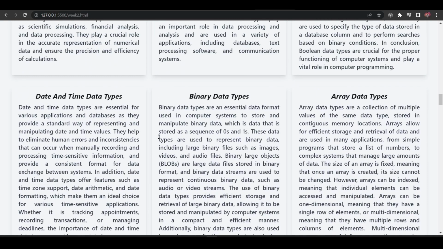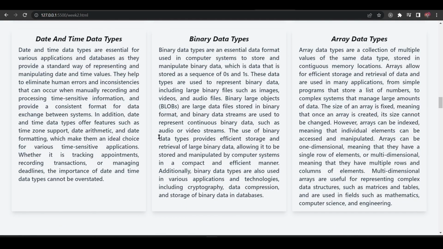So next, let's move on to the date and time data types. So the date and time data types, from the word itself, focus on date and time. They are essential for various applications and databases as they provide a standard way of representing and manipulating date and time values. They help to eliminate human errors and inconsistencies that can occur when manually recording and processing time-sensitive information, and provide a consistent format for data exchange between systems.